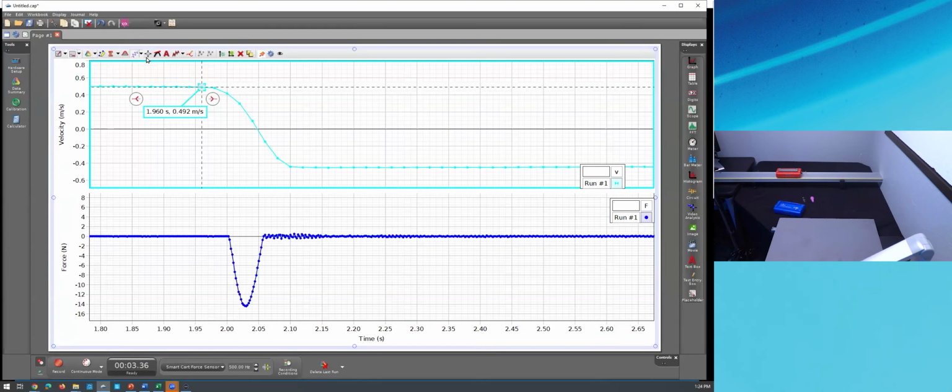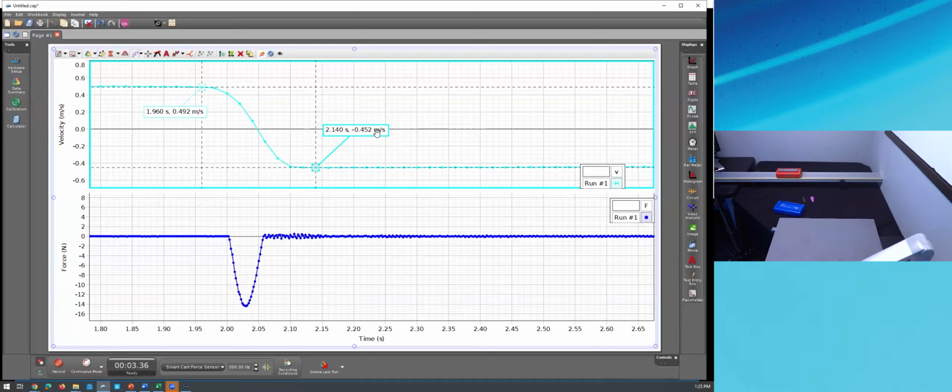And I could add a second coordinates tool via this, but there's a quicker way. I can go directly to a data point and click on it, and it pops open a number of tools that are appropriate for single data points, including coordinates, an annotation if I want to write a little note, and even a slope tool. I'll turn on coordinates tool again, and we can see the outgoing velocity was a negative